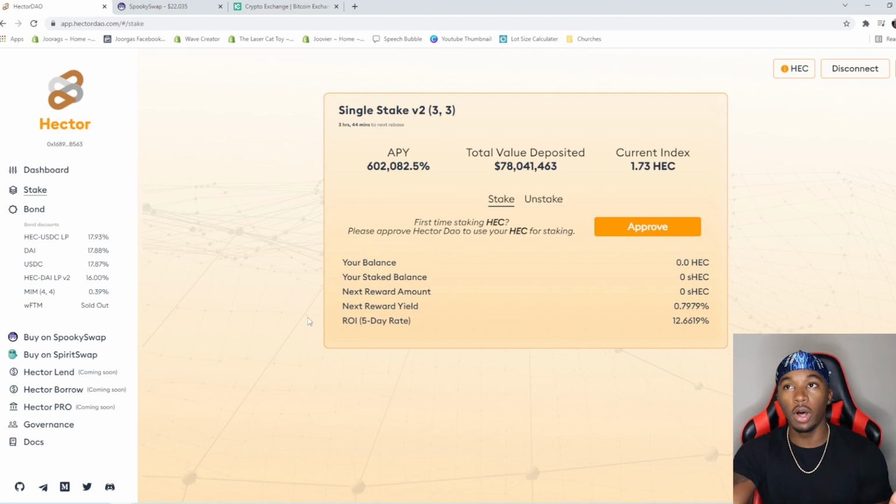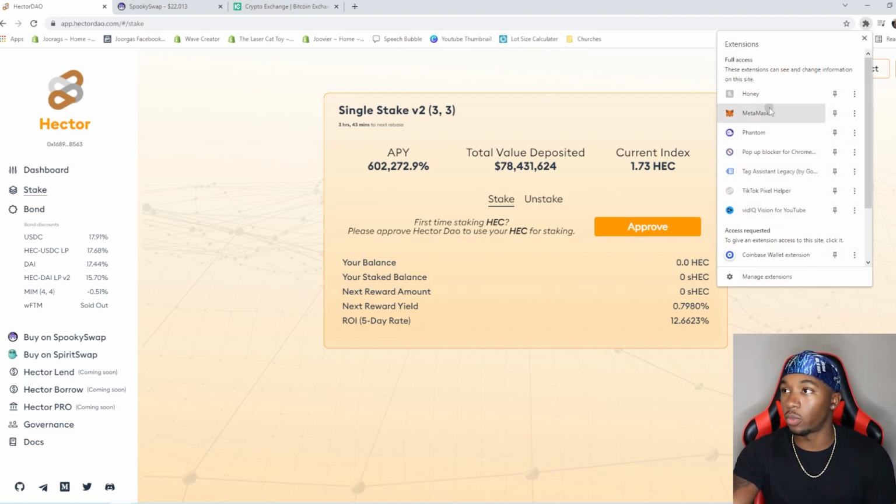It's pretty simple. All you're gonna have to do is have these 3 tabs open. You're gonna have to have the Hector Dao open. You're gonna have to have Spooky Swap. You're also gonna have to have KuCoin. I find that like the simplest way. And you also need MetaMask. If you've been watching my videos, we already have MetaMask, we already have KuCoin. Well, you should already have those if you've been following along on my tutorials, but you're gonna need to add the Phantom blockchain or Phantom network to your